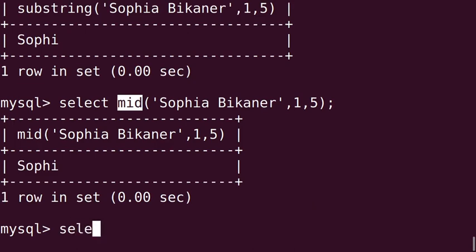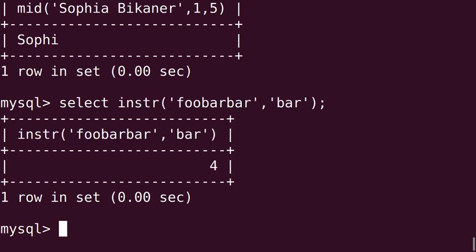Select INSTR within brackets first string. Suppose we are giving FOOBARBAR. This is the first string, and the second string we want to search is BAR, bracket close, semicolon, enter.